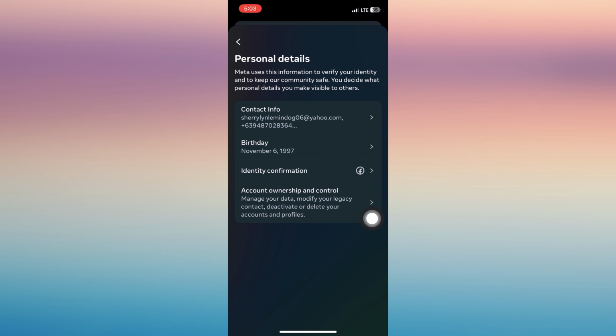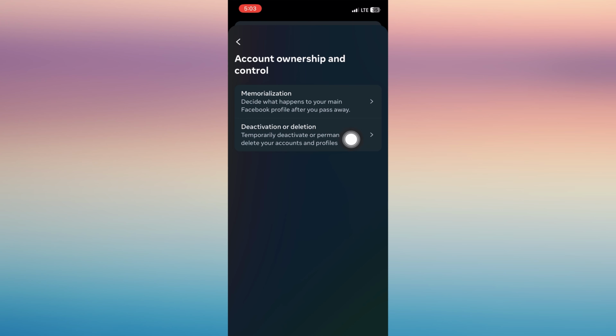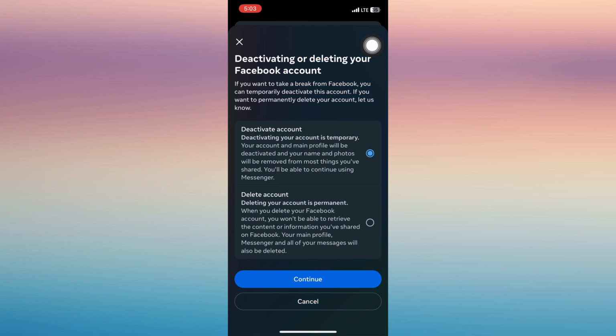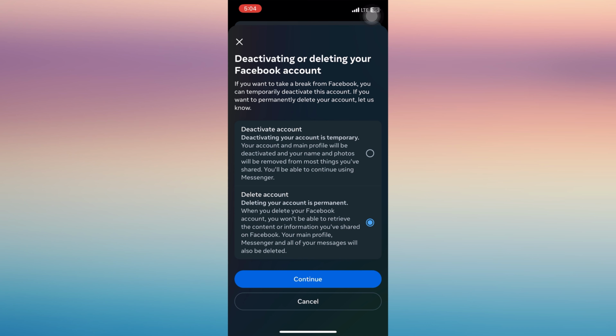So tap on the personal details and tap on account ownership and control. And here you will be able to deactivate or delete your account. So to start the process, select first the profile that you wish to deactivate or delete from your Facebook account. So for example, this one, all you have to do is to tap delete account or deactivate account and then